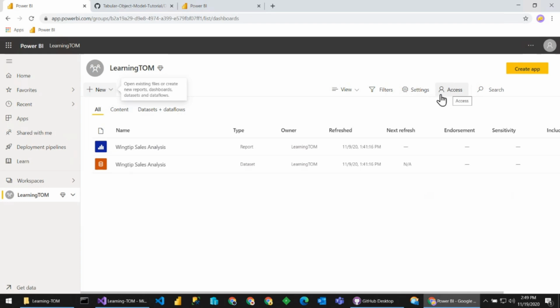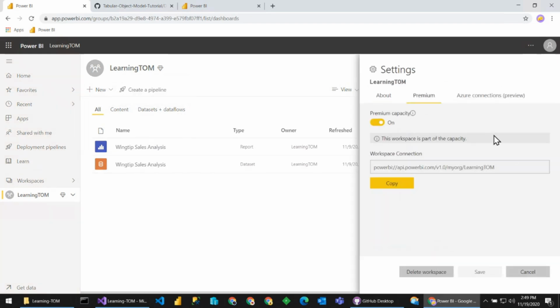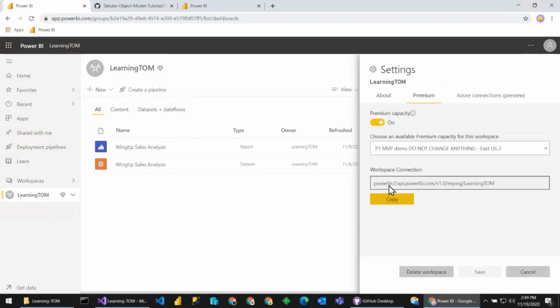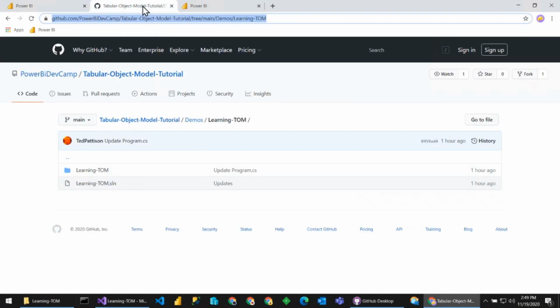The other thing is, if I go under settings and I go under premium, basically you get a URL that you're going to need to connect to that workspace, and then we're going to use TOM. So that's the connection string, right? This will be part of the connection string. Yeah. Now here is this demo. So if you look at the same tutorial